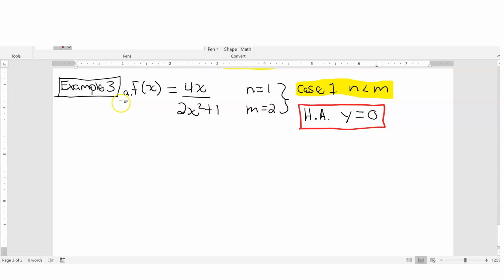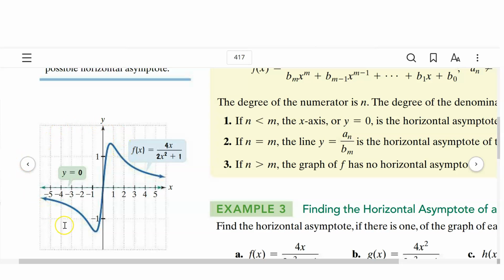Your text will summarize all this information and the three cases we just discussed on page 417. Let's look at example 3 on page 417 of the text. So in part A, they give us f of x equals 4x divided by 2x squared plus 1. So the highest order term here is x. That has a degree of 1, so n is 1. Here our highest order term is 2, so m is 2. And that's case 1, where n is less than m. So our horizontal asymptote will be the x-axis, or the line y equals 0. This is the picture of the graph you'll see in your textbook. And notice, as x goes to positive infinity and negative infinity, the graph will eventually approach that horizontal asymptote of